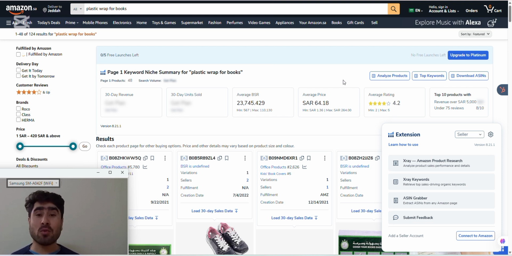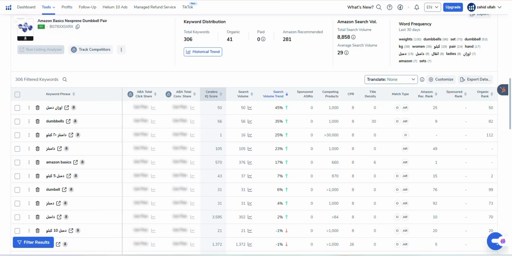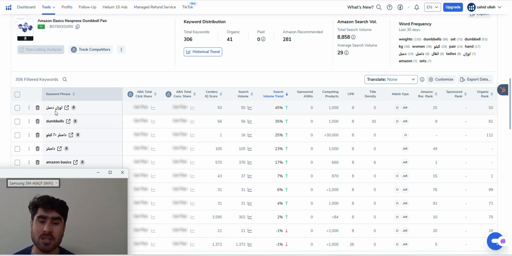So now Helium can also help us in keyword research. For example, the customer searched this keyword, so the search IQ score is 50. If the search IQ score is high, it's really good. And search volume is 50 and search volume trend is 45%. This keyword is trending. And sponsored is